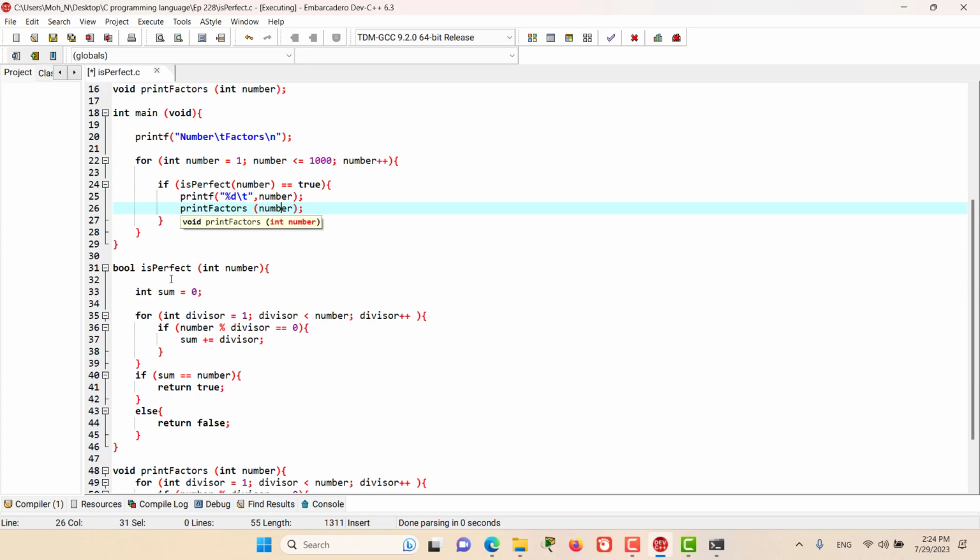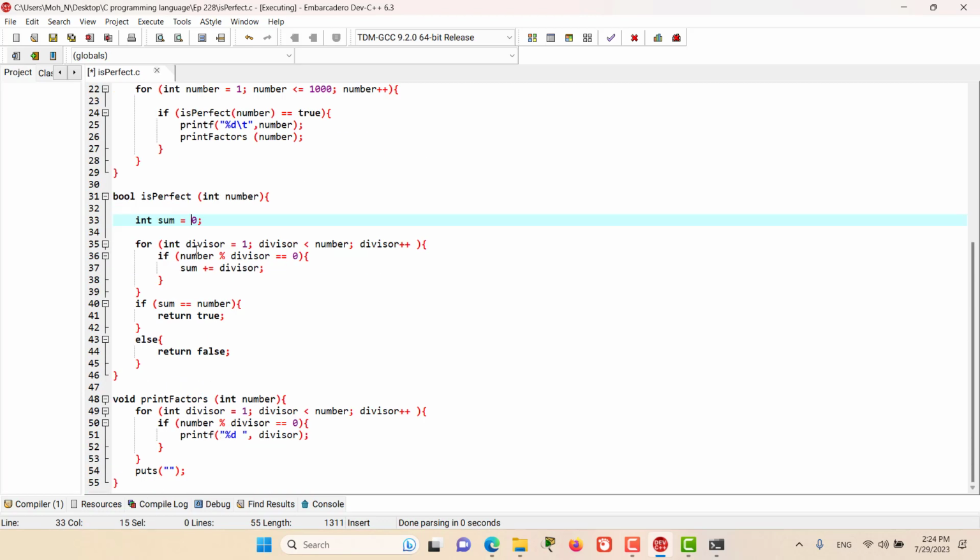So how does this function isPerfect find if a number is perfect? First, we have a variable called sum, which is equal to 0. Then we are going to start from a divisor of 1. We will go until the number, but not the number itself. For example, if we have the number as 6, then we will go up until 5, and each time we will increase the divisor. And for each divisor we are going to check if the number is divisible by that